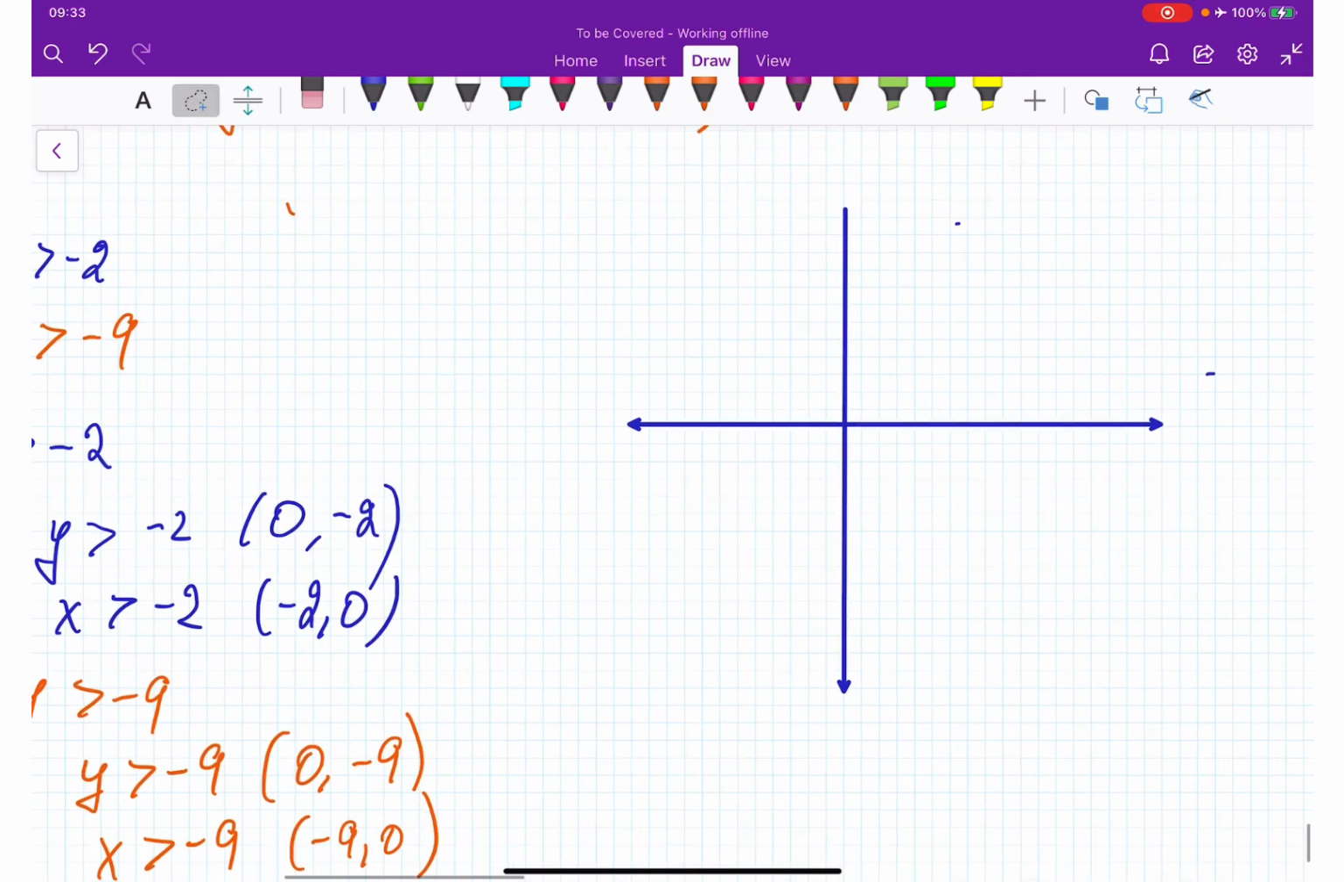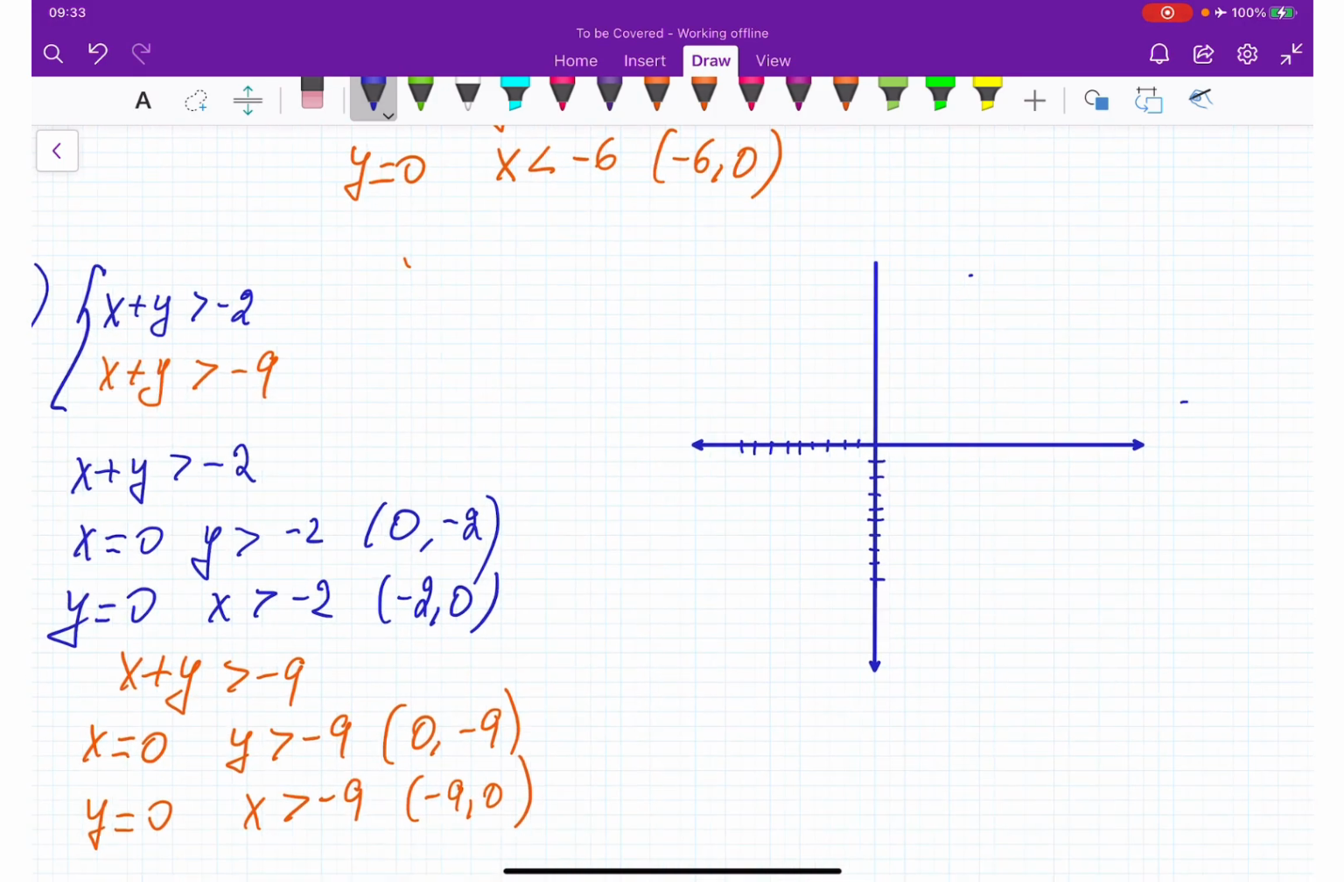So, 1, 2, 3, 4, 5, 6, 7, 8, 9. And negative 9 this way. 1, 2, 3, 4, 5, 6, 7, 8, 9. Okay. So, and then we need negative 2, we have both of them. All right, so this is negative 2 here, negative 2 here, and graph is gonna go